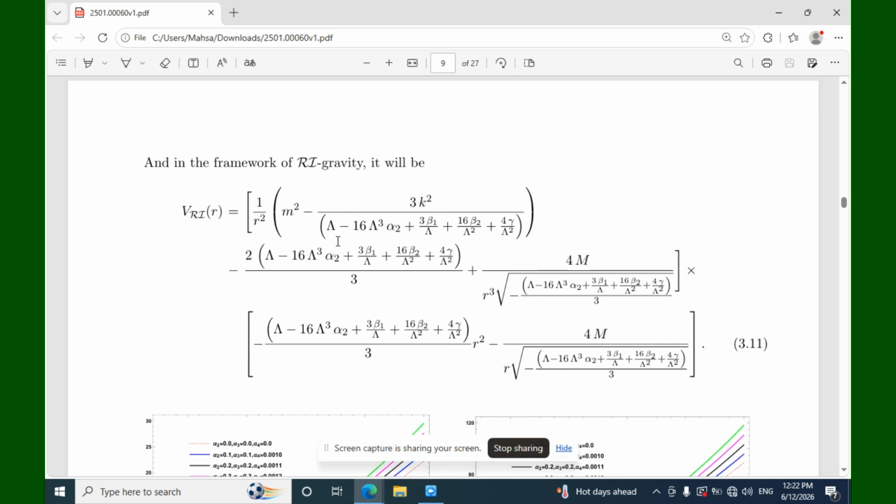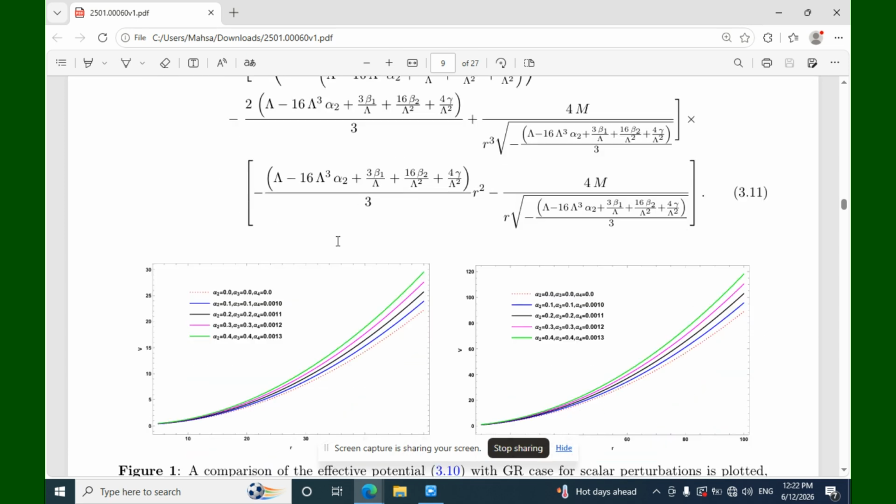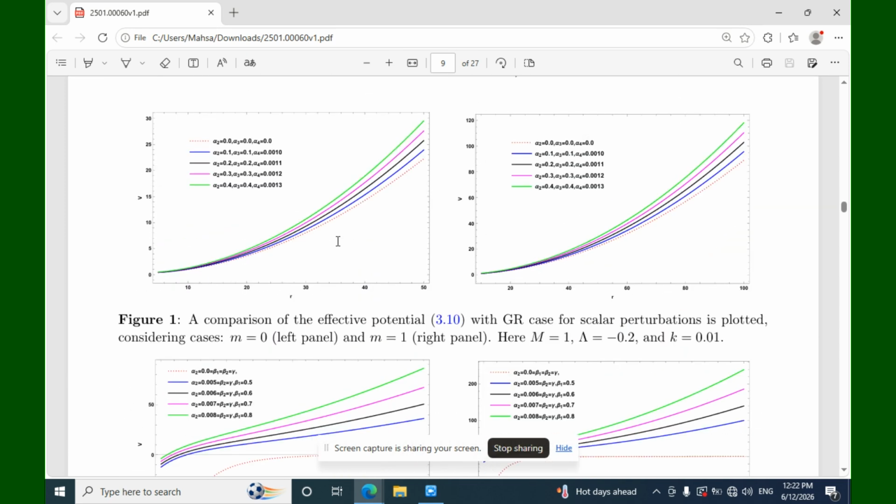And in the framework of Ricci inverse gravity, it will take this formulation. Figure 1 illustrates a comparison of the effective potential with the general relativity case for scalar perturbations, considering the case m equal to 0 in the left panel and m equal to 1 in the right panel. Here m is 1, alpha is equal to minus 0.2 and chi is equal to